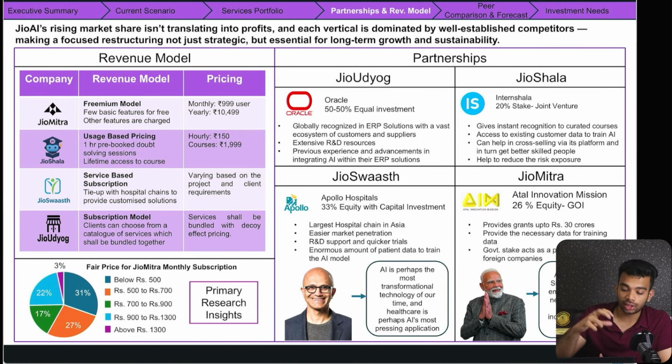And again, primary research insights are what is going to dictate the exact pricing. As you will notice, in round one we had not given specific names, for example pricing of what each and every product is going to cost, but here in the second round we are expected to provide much more detail, and that is exactly what we have done here. We have provided numbers to each one of our revenue model details. And how have we gotten to those particular figures? Using primary research, using Google Forms that we have circulated across people in order to understand what is the price that people would be willing to pay, what are the kind of products that they would like to use.